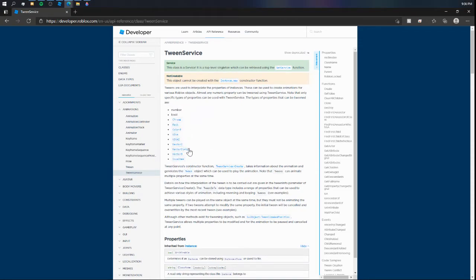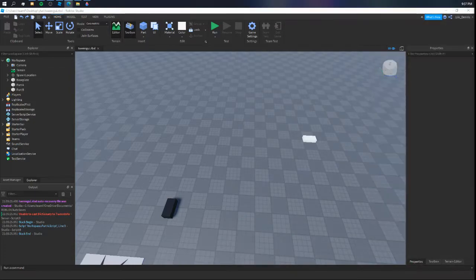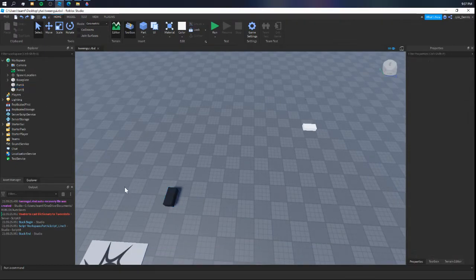So if you want to change a Vector3, that could easily be a part's Position value, which is a Vector3. You want to change a part's CFrame. If you want to even change a number, for example there's a number on the GUI and you want to smoothly move it from, let's say, 1 to 10 without just having to do +1, +1, +1, wait 1, all sorts of that. So for this first example in this video, I'm going to move this part, which is a simple thing